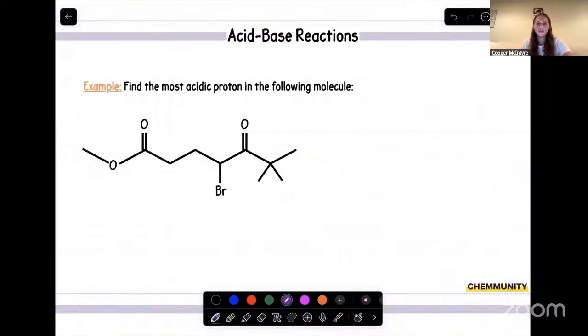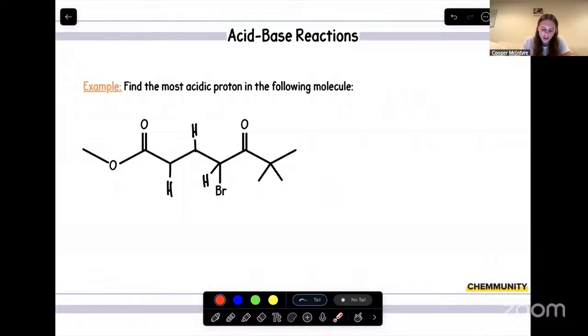And then lastly, we'll look at this one. What I want to do in this case is write down our hydrogens that we can steal, or our protons. Here's a good contender, this one, and this one as well. And what I want us to do is internally ask ourselves, how stable is the conjugate base? This is something we would have to do maybe on a quiz or an exam, in terms of that thought process and being efficient with time.